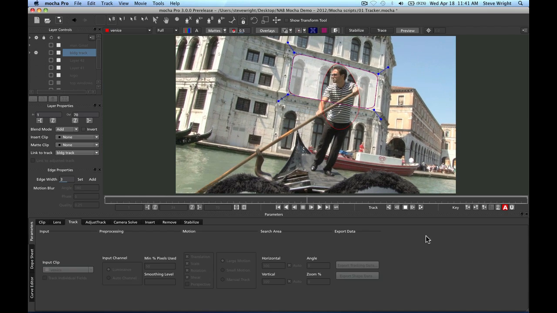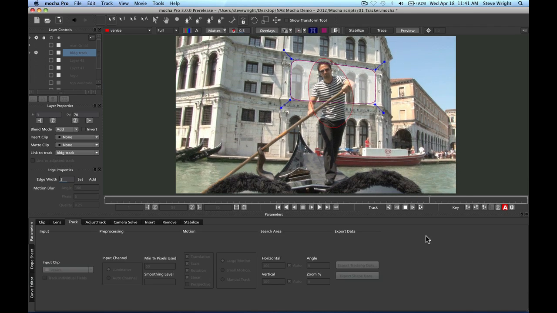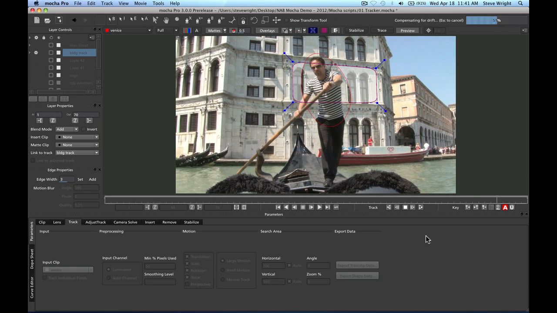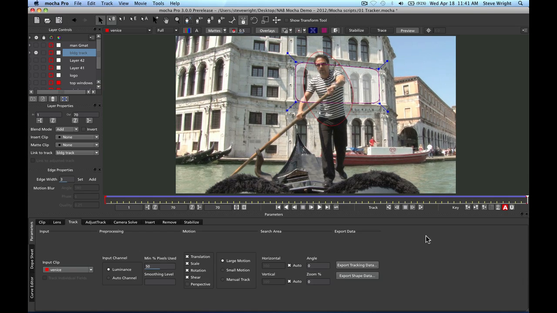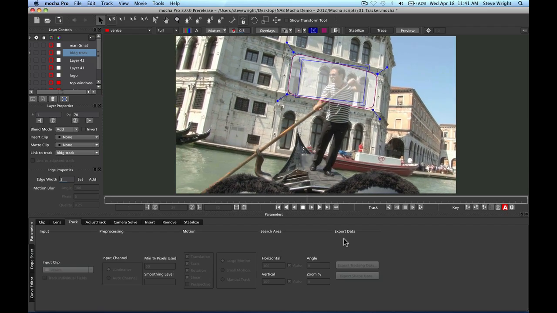Again, the Planar Tracker is remarkably resilient and immune to interferences like grain, fluctuations in lighting, and motion blur. The Planar Tracker can actually track a zip pan. Okay, now let me turn off all this other stuff here. Now if I turn on the planar surface and play that for you, it's now nicely locked to the